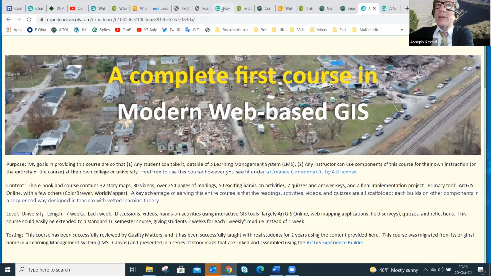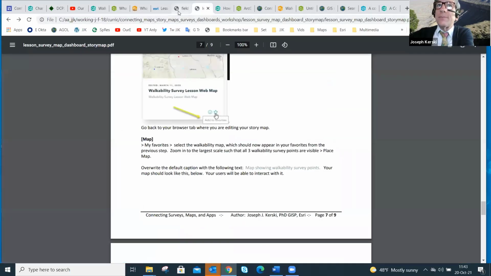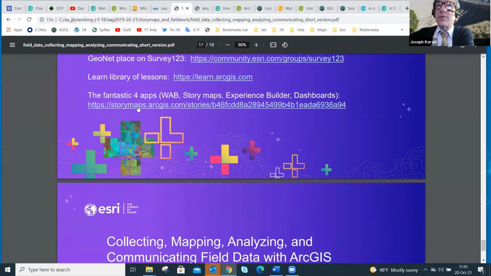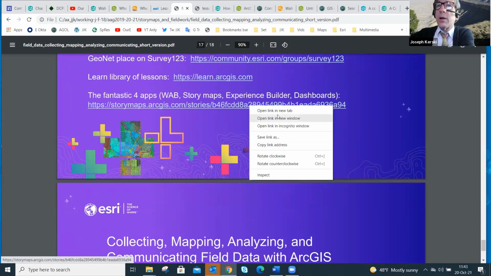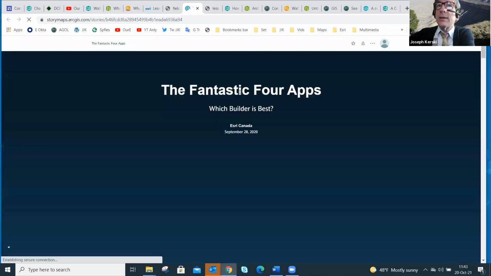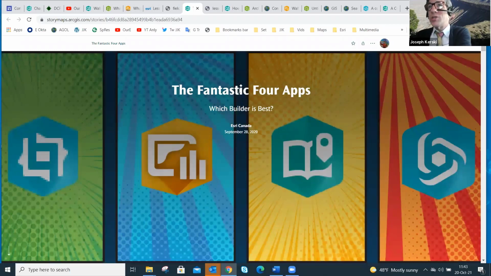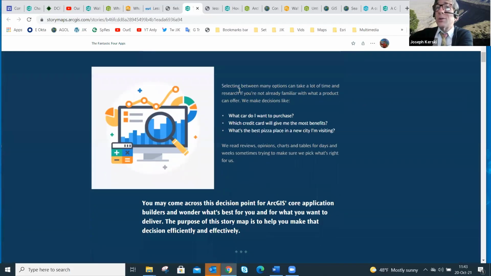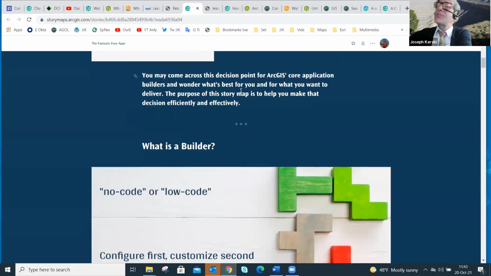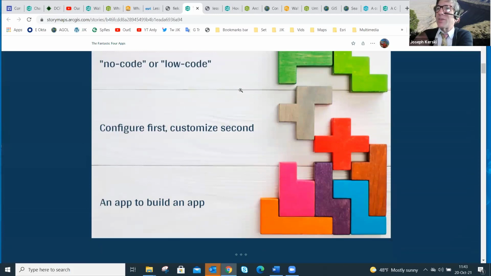That is where this one here actually might be fairly helpful. Sorry about all these tabs. This one here, this fantastic resource on four apps: Web App Builder, Story Maps, Experience Builder, and Dashboards. It's actually from some of our colleagues at Esri Canada, and they created this: what should you use when? It's their education team that built this, so it's admittedly, again, a little bit biased toward educational use, but hopefully it'll be useful for you all in the GIS professional community as well. They go into some guidelines, this kind of thing. So I think that's why I included it in the resources here.